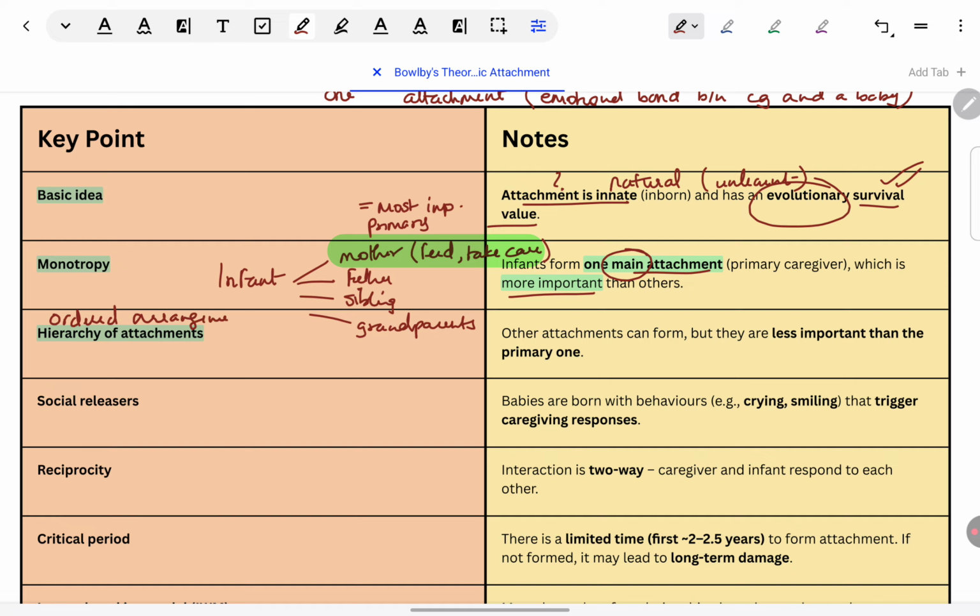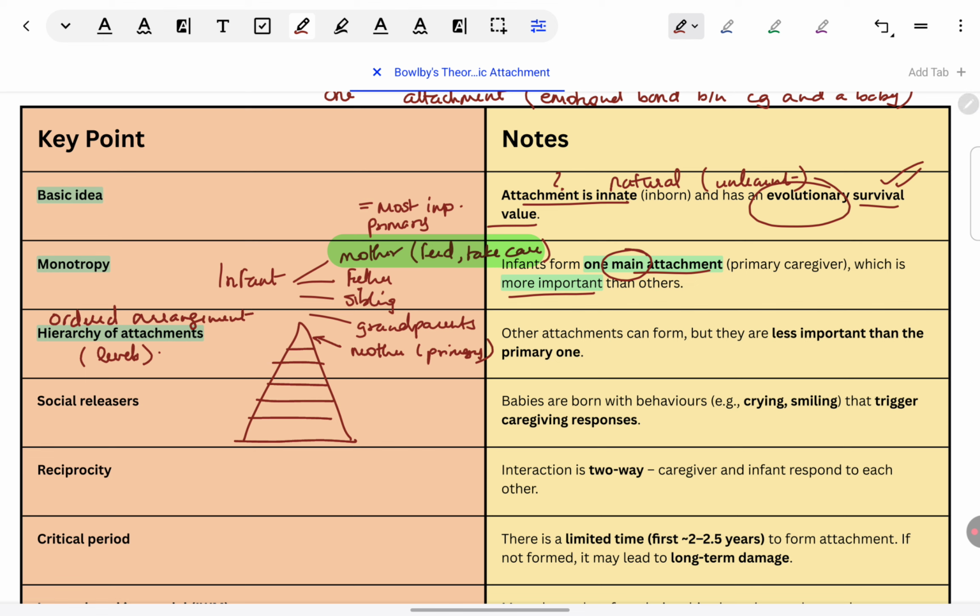Many times you must be seeing this pyramid shape is used to represent a hierarchy. So something will be at the bottom, then something will go upwards. There'll be many levels. So he feels there are many levels of attachments. The primary one will go right on the top, like the mother attachment, primary one, which we were just seeing. Others are somewhere lower on the hierarchy. Others are not as important.